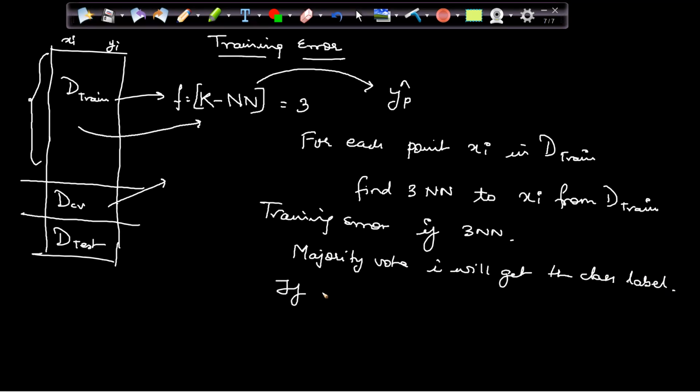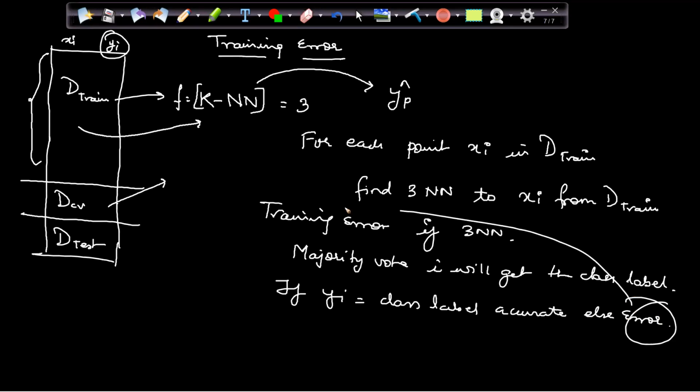Now, if yi is equal to the class label, this yi is equal to the class label coming out from the model, then it is accurate. Else error. And this error is nothing but my training error. Okay, this error is nothing but my training error.